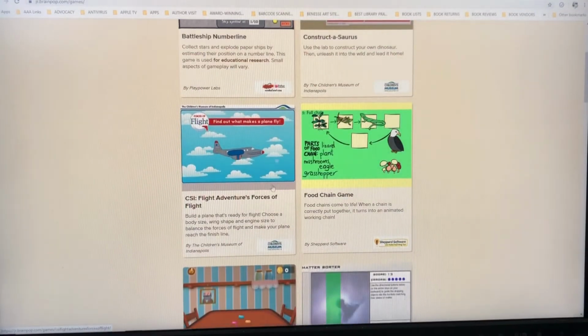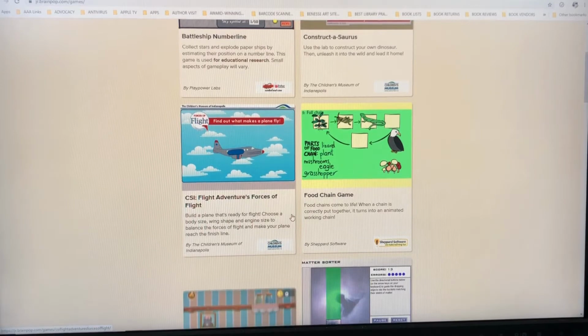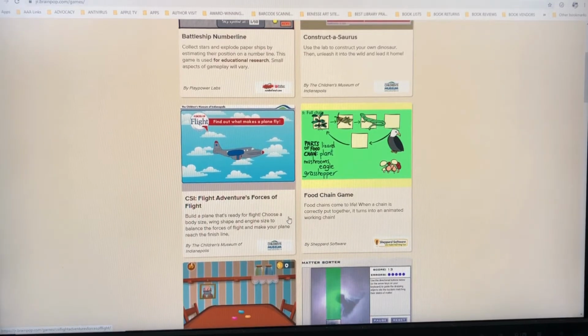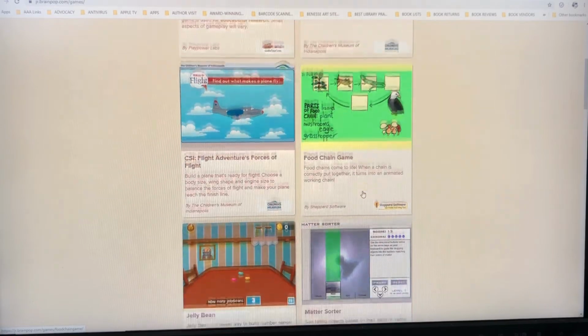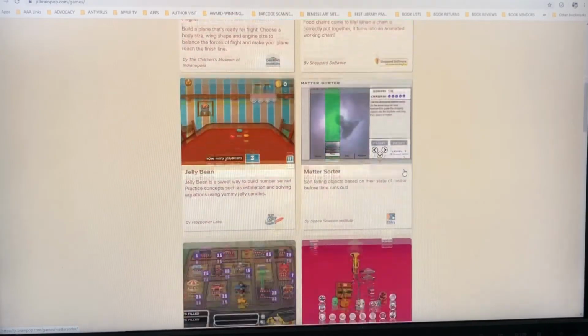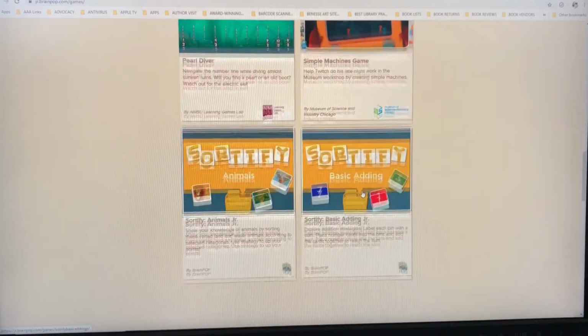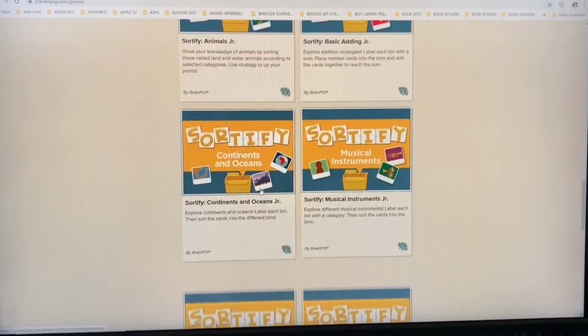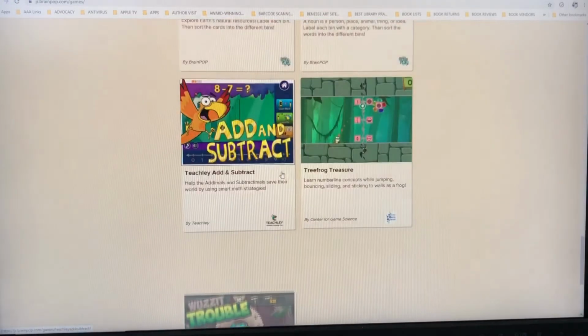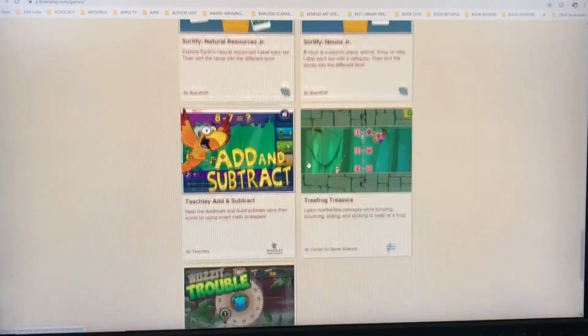Flight teaches you all about how to use different elements in an airplane to make it fly correctly, for example, body size, wing shape, and engine size. Food chain game, it just goes on and on. So I'm not going to cover everyone, but I'll just let you know what is here so you can explore.